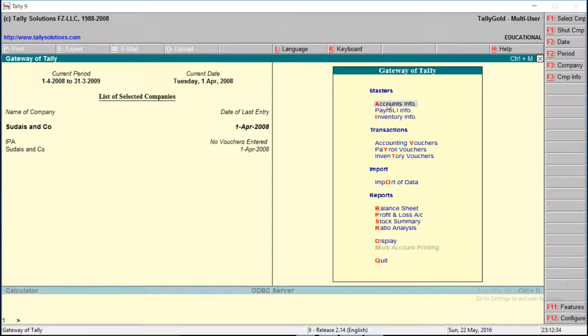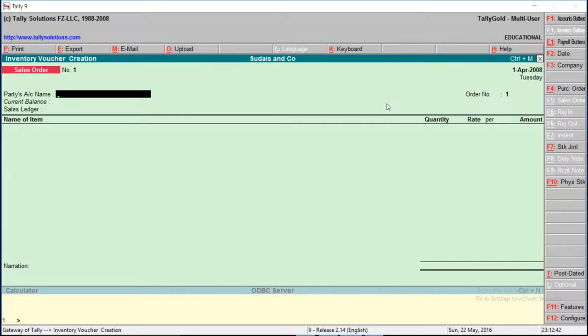Now we are going to create the sale process. Go to the transaction menu, go to inventory voucher, click on inventory voucher, then select sales order.